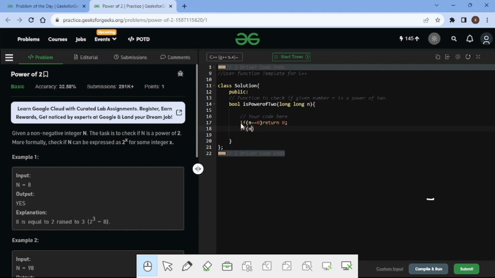And we check if n equals 1, that means we can represent it as 2 to the power 0, so we return 1.